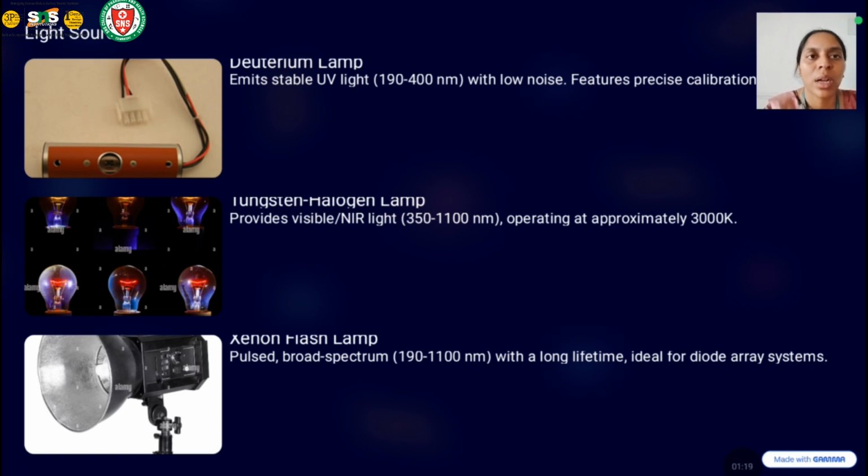The light sources that are frequently used in UV visible spectroscopy: the deuterium lamp emits UV light from 190 to 400 nanometer with low noise and features precise calibration. The tungsten halogen lamp provides visible or near infrared light, 350 to 1100 nanometer, operating at approximately 3000 Kelvin. Then the xenon flash lamp, pulsed broad spectrum 190 to 1100 nanometer with a long lifetime and ideal for diode array